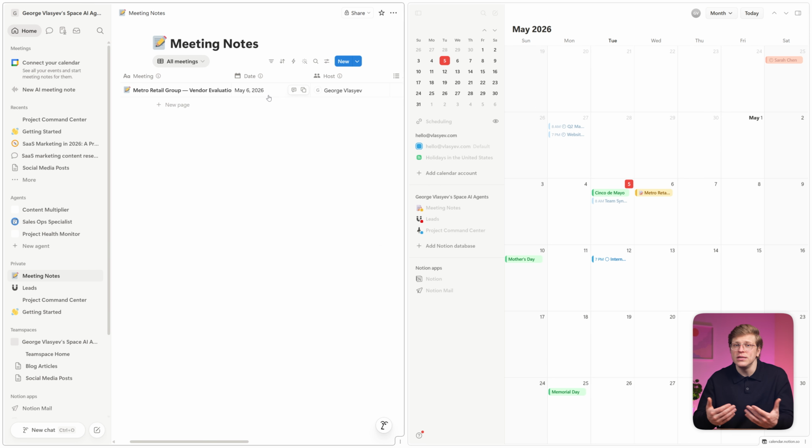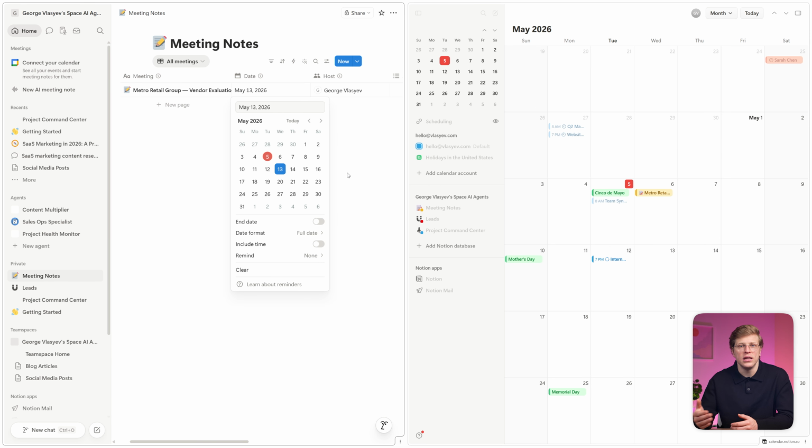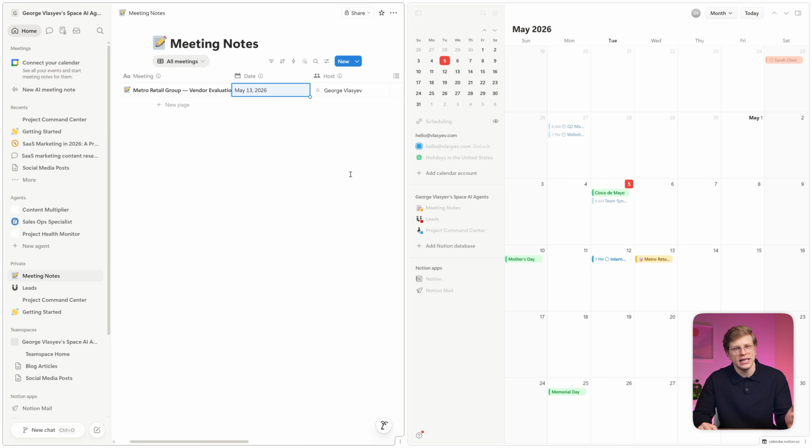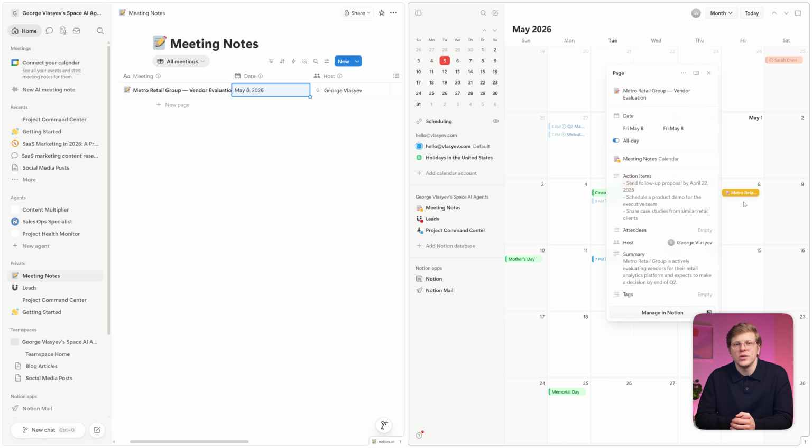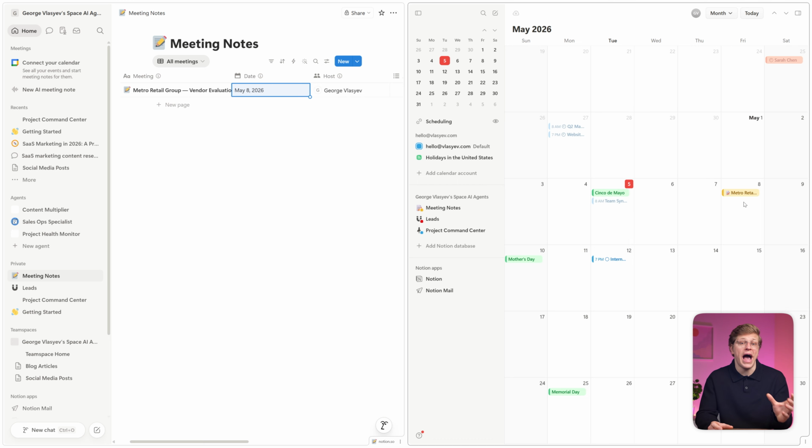And the sync also works in both directions. Update a date on the Notion page, and it reflects on the calendar. Drag an event to a different day within the calendar, and the date also updates in the database. That connection between your calendar and your actual work is something Google Calendar simply doesn't offer, and it leads directly